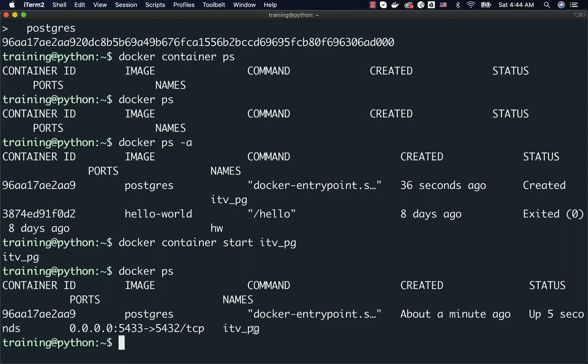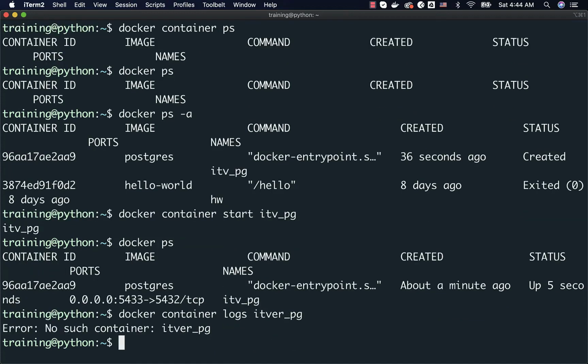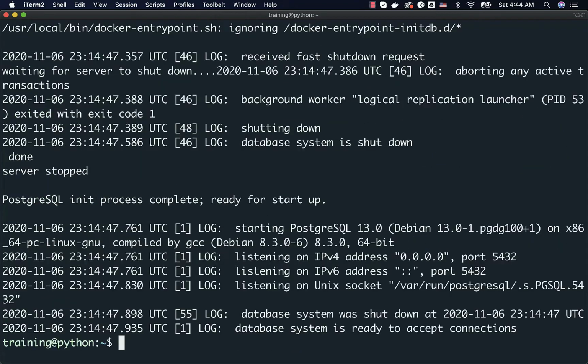Now, to understand whether the container is running as expected, you can run a command called docker container logs or docker logs directly, and you can specify the container name. You should be able to see the details. There are a couple of extra characters. I deleted those things, and you can see that as of now the Postgres init process is complete, and even it is started up. The final line is saying that database system is ready to accept connections. As it is saying it is ready to accept the connections, we should be able to connect to the database. However, it might take some time to go to this level.